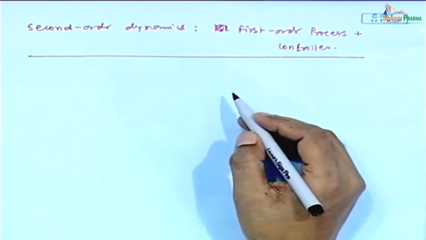If a controller is employed for a first order process, what will be the overall dynamics that we wish to observe? So, we will first consider one example,